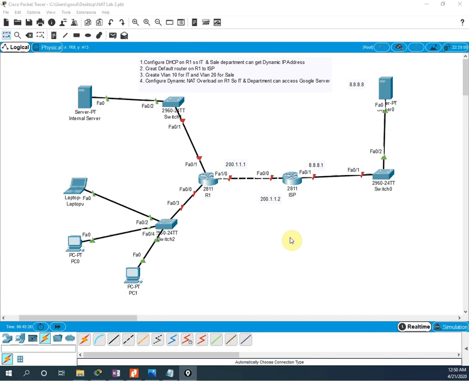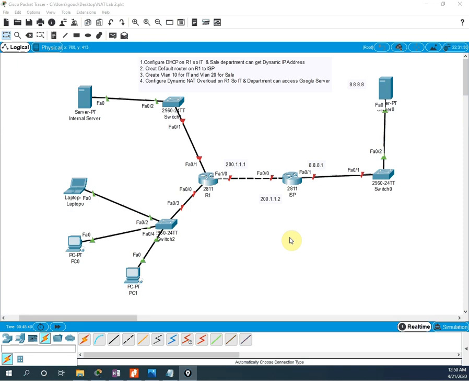Today is video number 55. In video number 55, we are going to do the lab on NAT. So we can call this video lab 2, that is NAT lab 2. We are going to do the second lab in NAT. After that, we are going to do SSH, that is secure shell. After that, we are going to start subnetting.